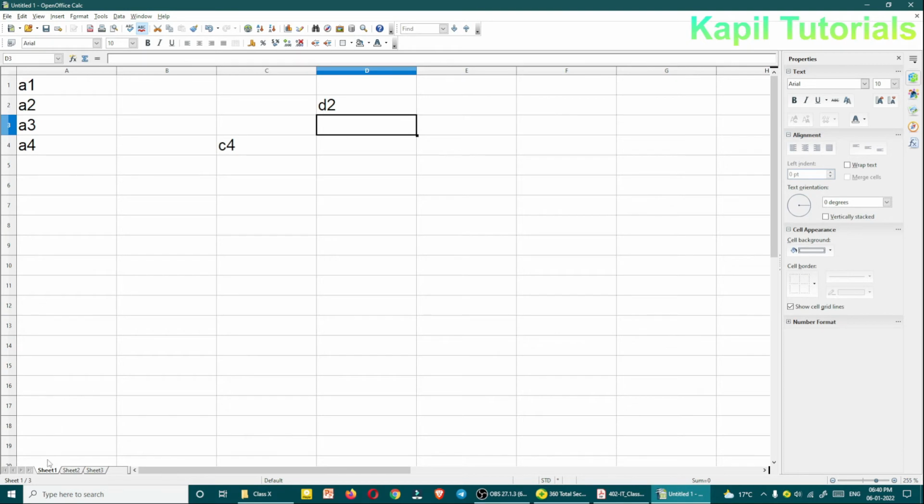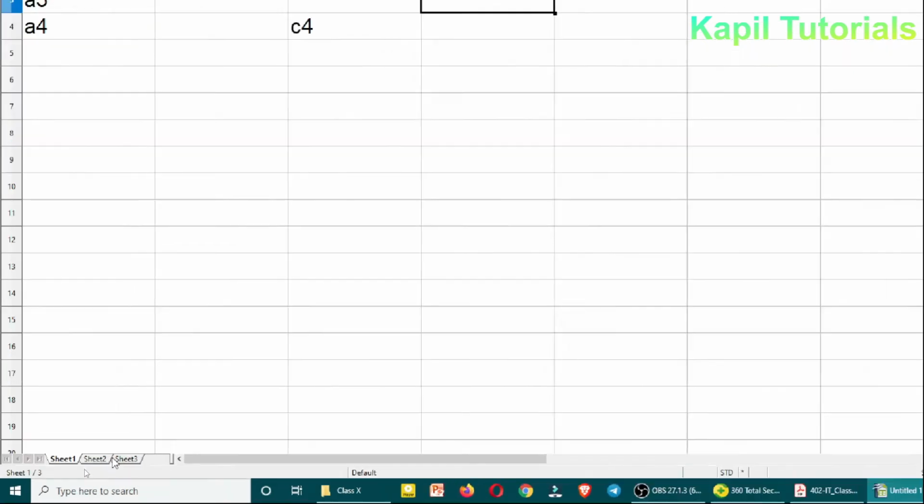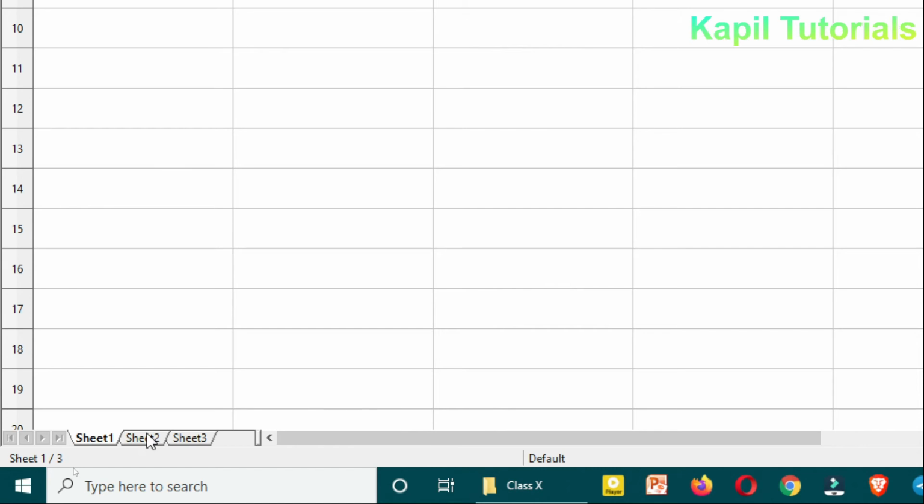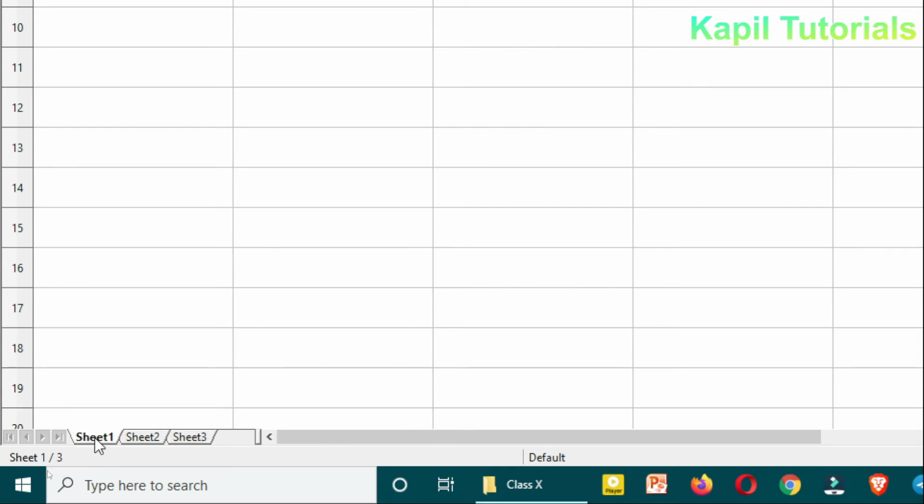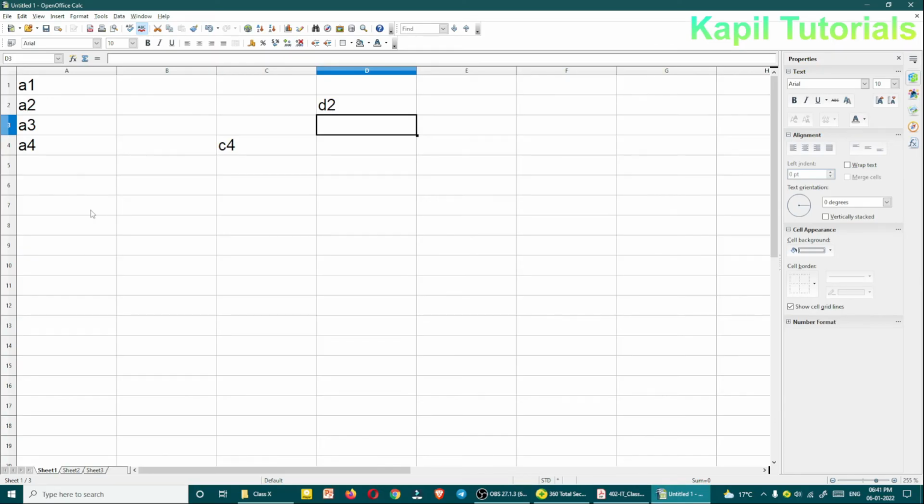And by default you could see here 3 sheets are given: sheet 1, sheet 2 and sheet 3. You can add more sheets also, like in OpenOffice Writer you have different pages. The same way here in Excel, rather I should say a spreadsheet software. Excel is also a spreadsheet software under MS Office.